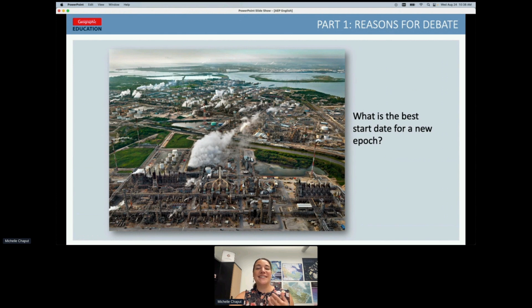Another group thinks the start date should actually be 8,000 years ago, when the global carbon cycle was first affected by European farmers who were burning forests and making way for eventual rice agriculture. And then others still think that the Industrial Revolution of the 1800s and the transport and the deposition of huge amounts of soot and ash across the world would be a better choice.